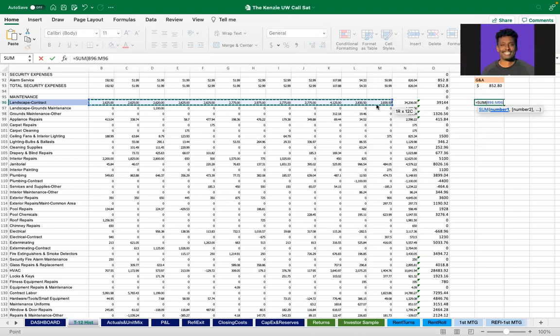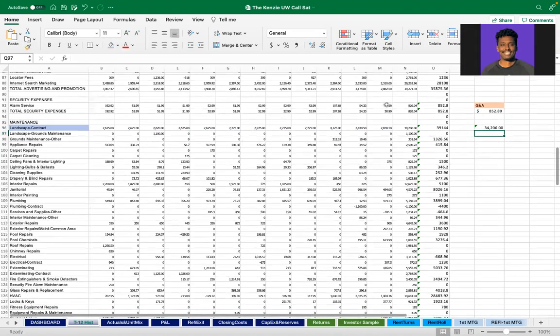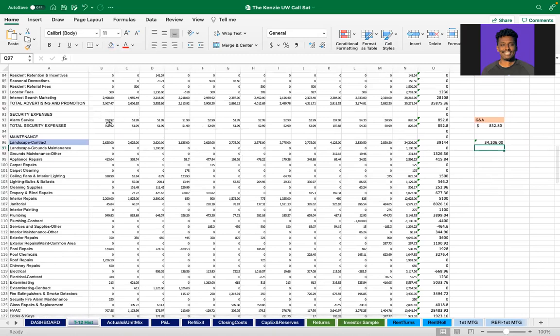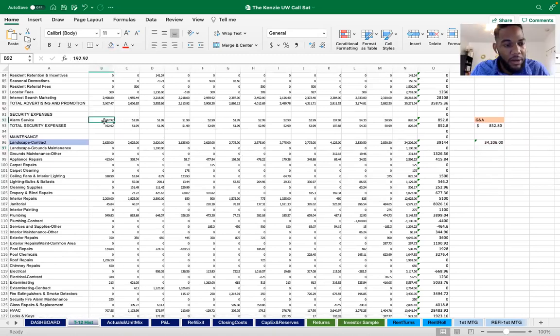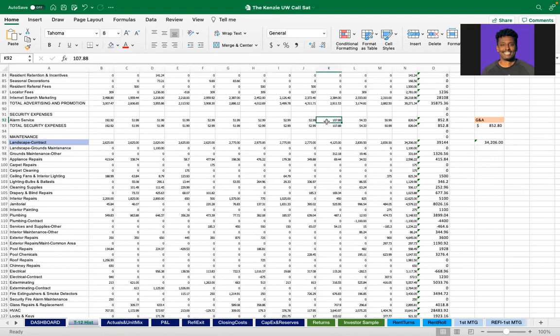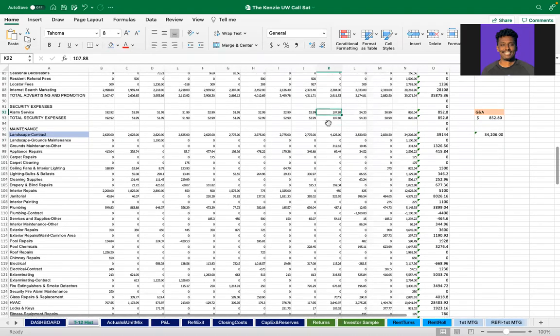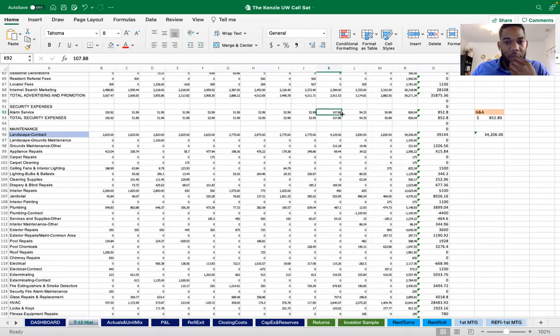Speaking of which, it's kind of interesting that the alarm service in cell B92 had like a huge upstart cost. So maybe that's either when they first installed it or they got a call, because in cell K92, there's a 107 cost. So maybe just something to ask about, or I don't know if other experienced operators have thoughts on that. Nicole. I think that's a great point. Anyone have anything to add to it? I think I have a little thing, but I wanted to give the group a chance. Anyone else have some feedback on what he just said?